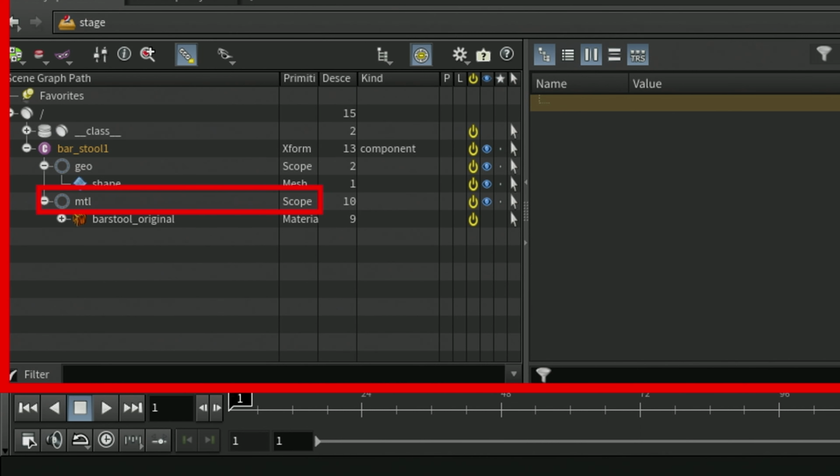Its primitive type is also scope and it is meant to be used strictly as a means of organizing the scene graph tree.